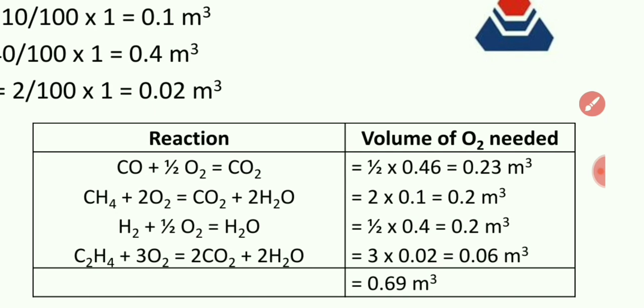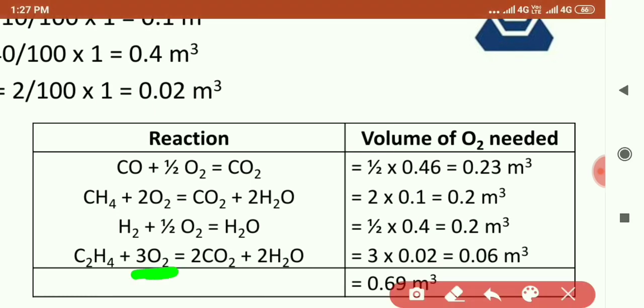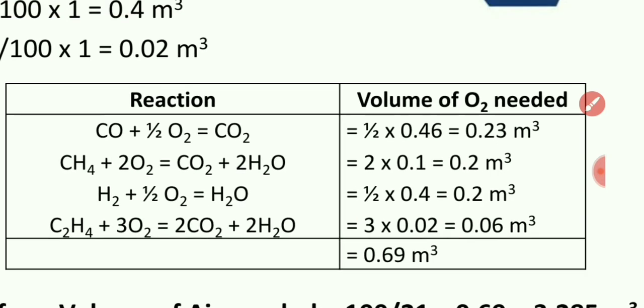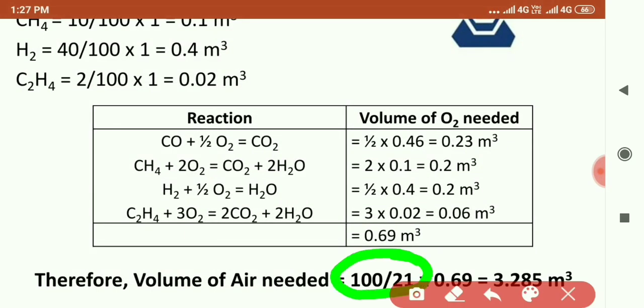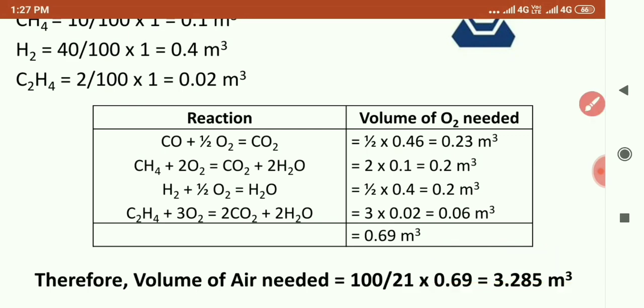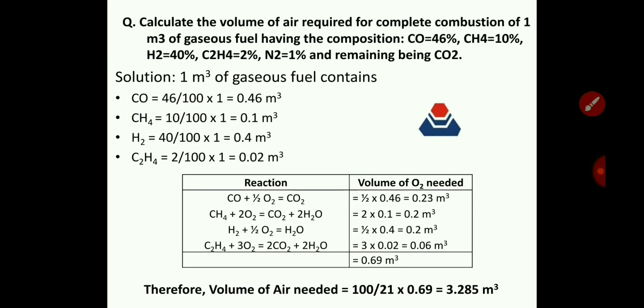इसी तरह जब एथिलीन के साथ रिएक्शन करा रहे हैं तो यहाँ पर 3 मोल ऑक्सीजन का रिक्वायर्ड है, तो 3 इंटू 0.02 आपने यहाँ पर जो डिटरमाइन किया था उससे किया तो 0.06, तो टोटल आप देखेंगे 0.69 यहाँ पर आ रहा है। तो फाइनली, वॉल्यूम ऑफ एयर नीडेड इज इक्वल्स टू 100/21, क्योंकि आपको पता है एयर कंटेन्स 21% ऑफ ऑक्सीजन, सो 100/21 इंटू 0.69, सो इट कम्स आउट टू बी 3.285 मीटर क्यूब, राइट। सो इन दिस वे वी हैव फाउंड दैट हाउ वी कैन डिराइव एंड कैलकुलेट द वॉल्यूम ऑफ एयर नीडेड।